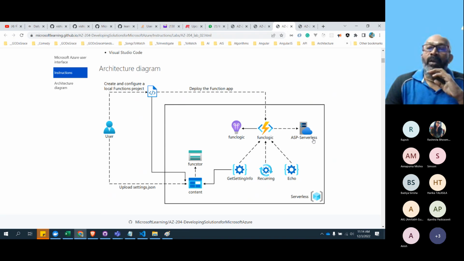But here we are going ahead with the serverless plan. That means if in 1 month there are only 100 calls each, a total of 300 calls, each call is of 2 minutes, so 300 into 2, 600 minutes, we'll get charged only for the 600 minutes.